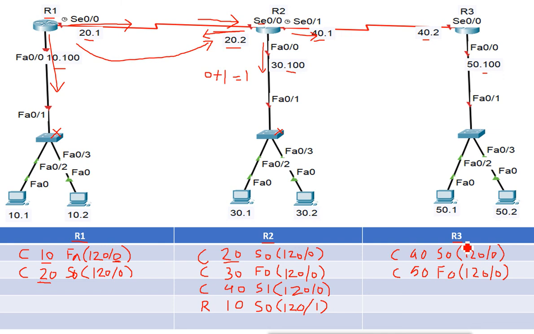Now router 3 will check its own routing table and the routing table sent from router 2. It says this 40 network I know, so I don't care about the 40 network. But the other networks like 10, 20 and 30, it does not know. Router 3 doesn't know about network 10, 20 and 30. So it will make the entry for these other networks.